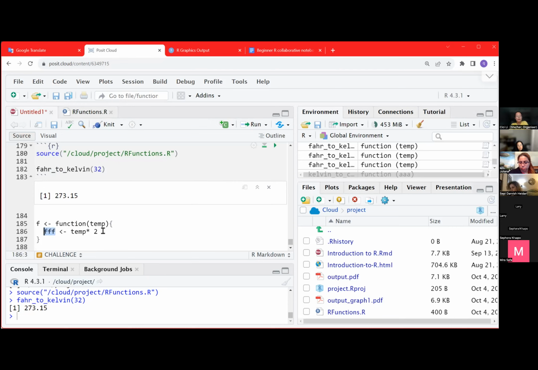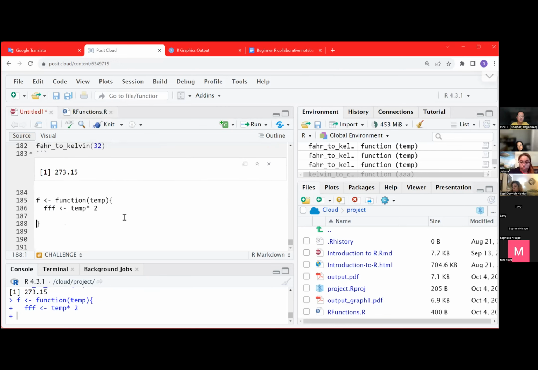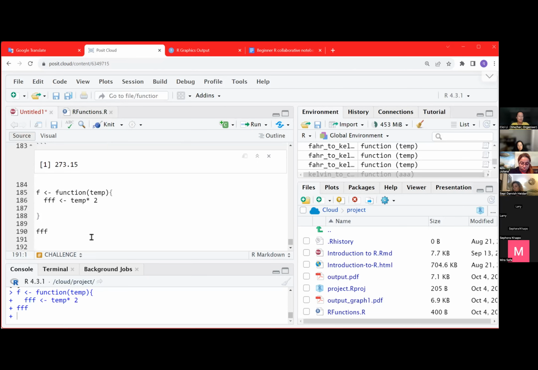This fff will only be a private variable. It's not a global variable. So if you create this and then you want to call fff, like